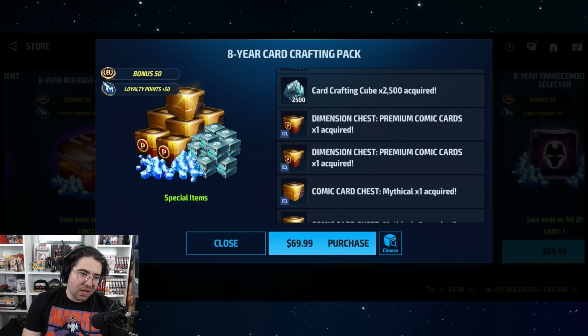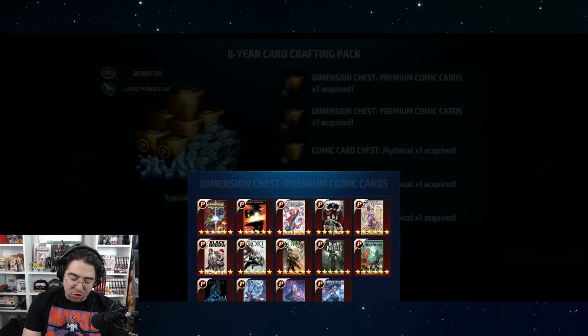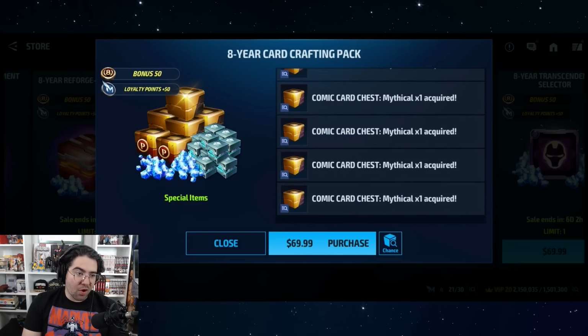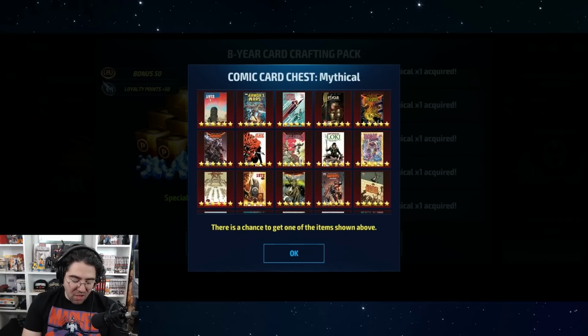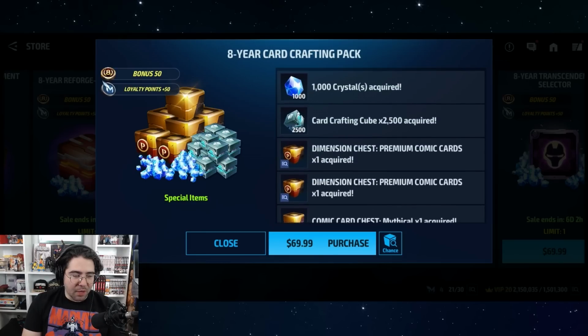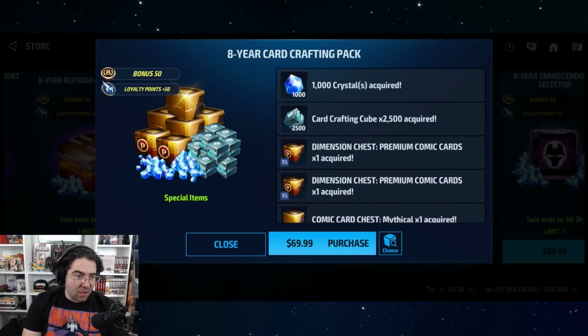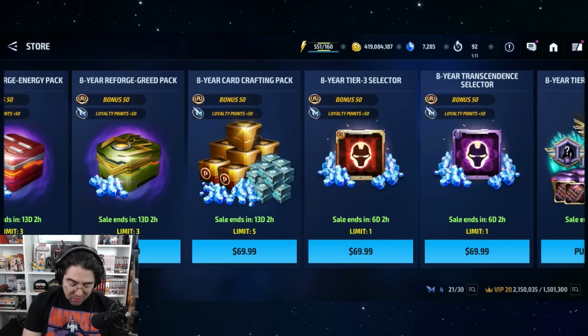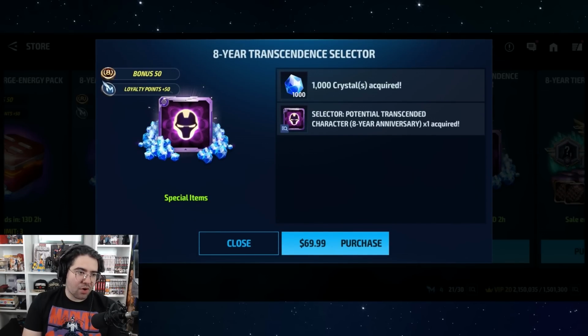1,000 crystals, really not a lot for $70, but you do get 2 premium cards, random ones, and then you get 5 mythic cards to help you reroll. I wish it was more, like 10 mythic cards, but this one's not bad. It's honestly not bad. These ones here, the 8-year tier 3 selector and the 8-year transcendent selector, I don't like